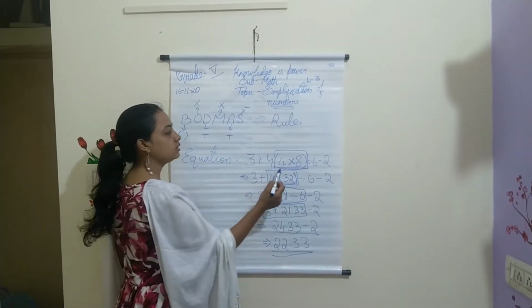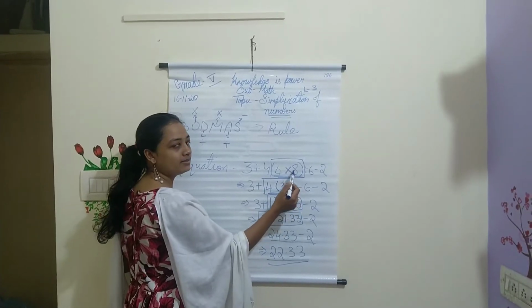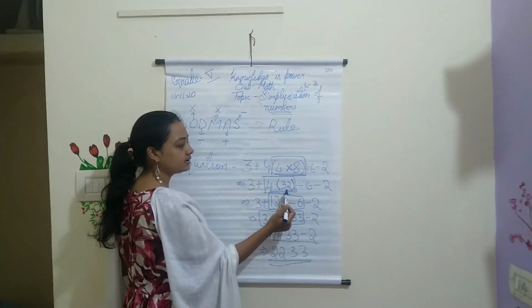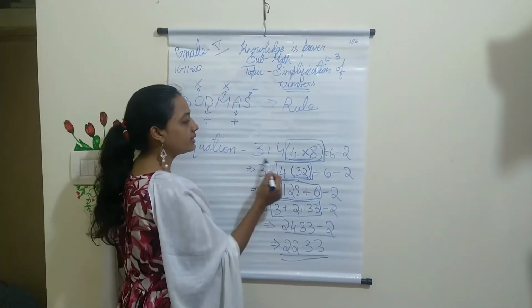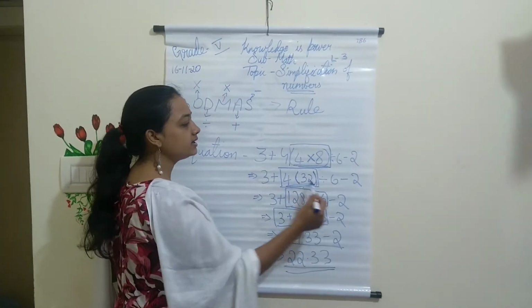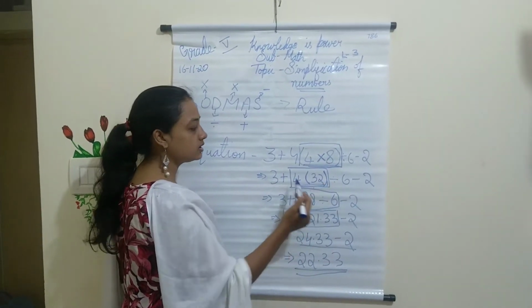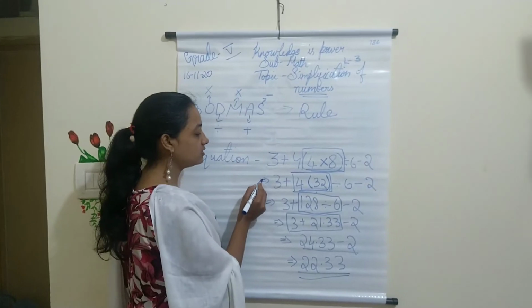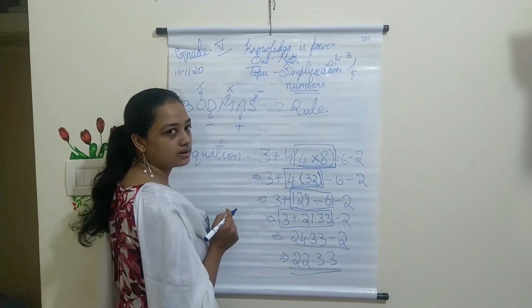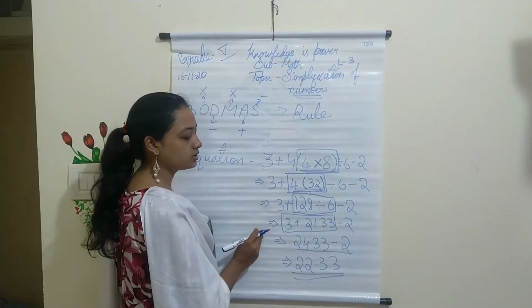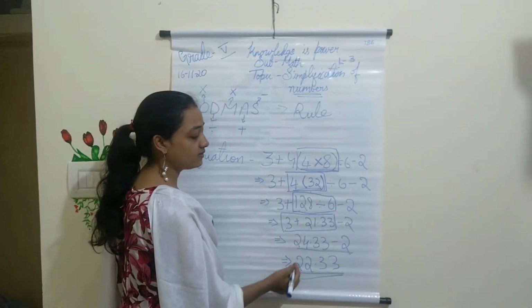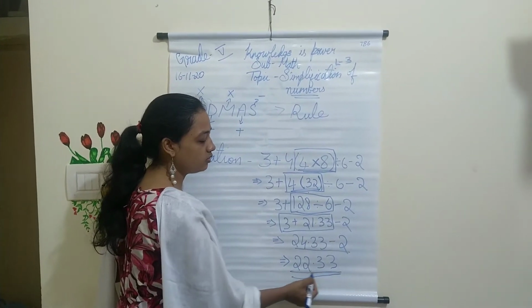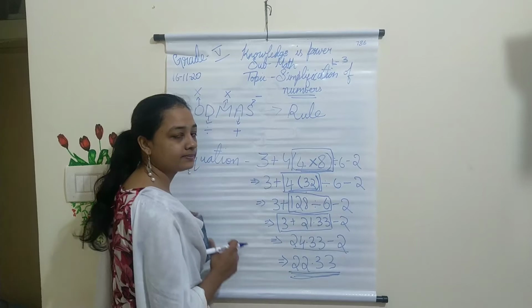And then you have to take one at a time, take the answer, write it in the next step. All the other numbers should be written as they are. So this is important to be followed along with this symbol. Each step you have to draw the symbol. And finally, after finding the answer, you have to highlight your answer.